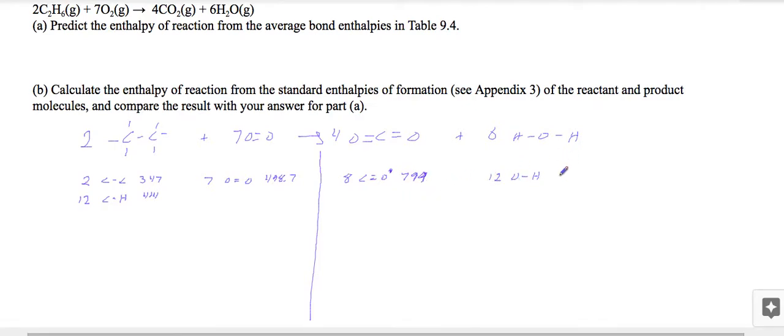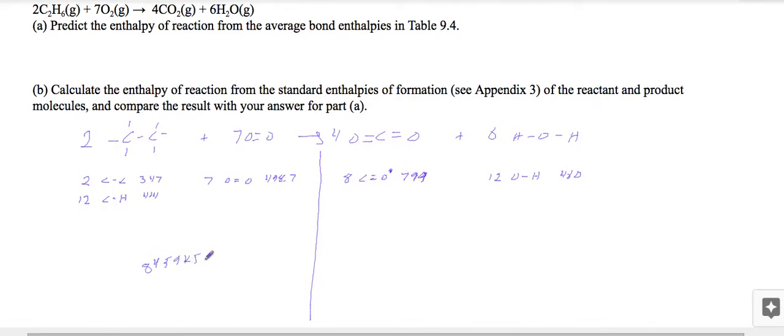hydrogen bond is 460. Now, since each of these is represented as a breaking of bond, instead of doing products minus reactants, we do reactants minus products. So how much does it take to break them? And then how much energy do we get back from putting them together? So if we do the math here, we end up with